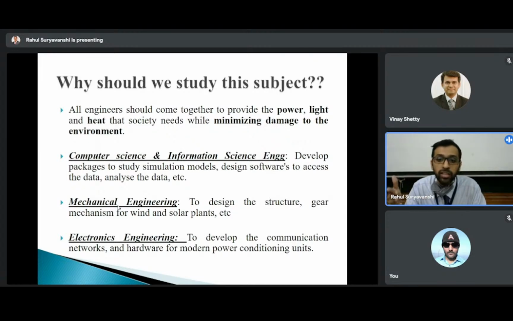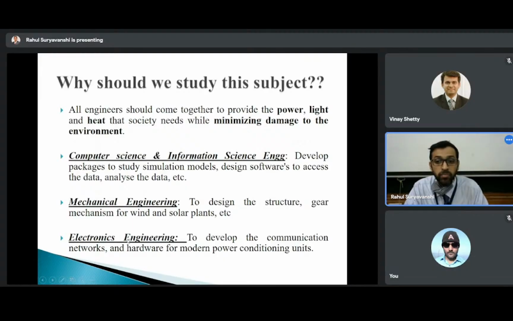There is another concept of solar thermal systems. In solar thermal systems, we use solar energy, that is, heat generated from the sun, so we use a large number of concentrators. You might have seen such plants on TV channels nowadays, or you might have already visited Shirdi. They have a mega kitchen wherein they use solar concentrators to create steam, and the steam generated is used for cooking. This is what is being done nowadays using solar energy. To design those concentrators and trackers, mechanical systems are required. That is the reason mechanical engineers are required in the renewable industry.